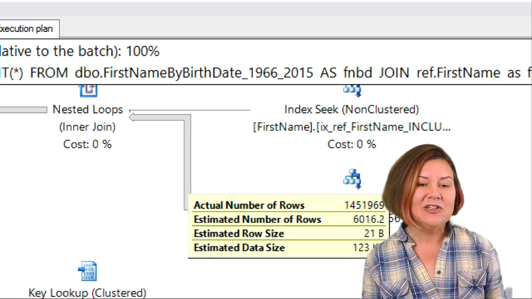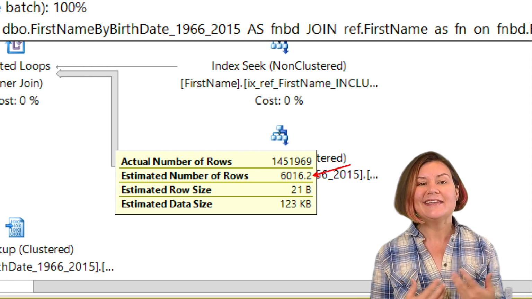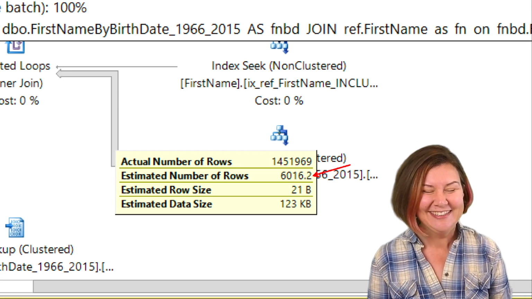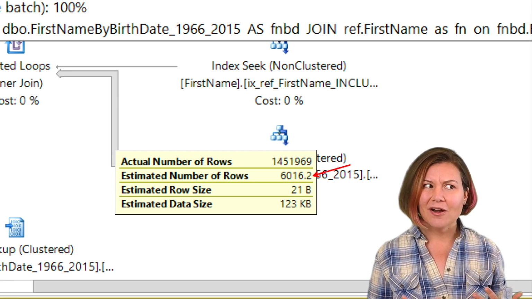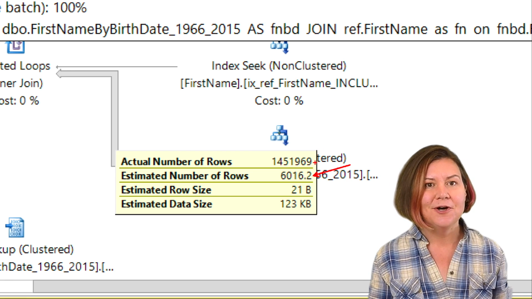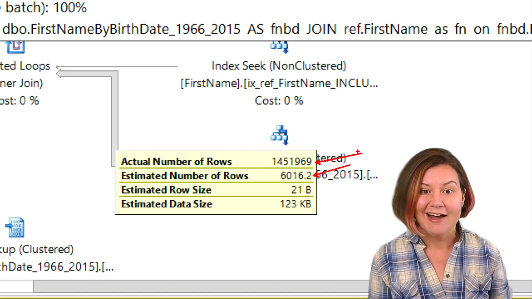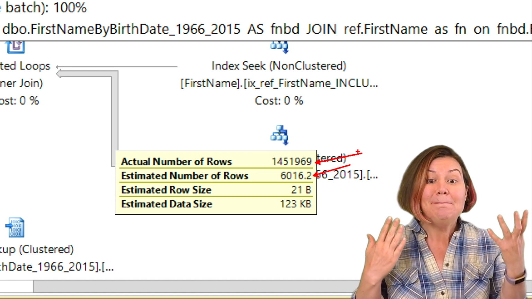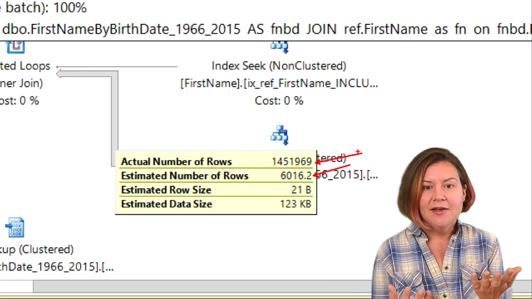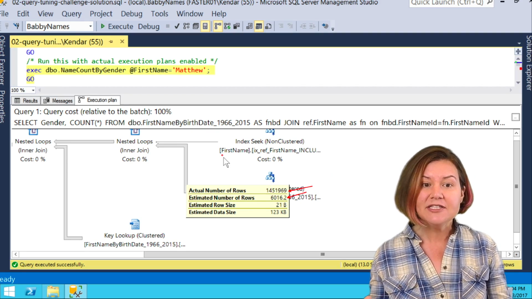And let's take a look at what we've got here. SQL Server is estimating that it's gonna get 6,016.2 rows back for all the babies named Matthew, but this estimate is a little bit low. Okay, it's way low. We actually have more than 1.4 million rows for Matthew. There are a lot of Matthews, but SQL Server vastly underestimated how many there were, and this carries through the